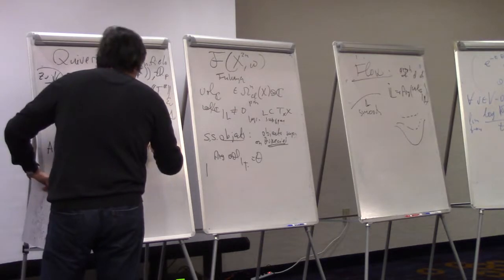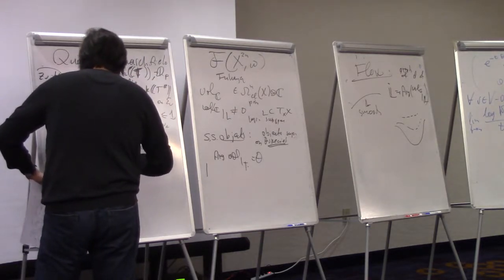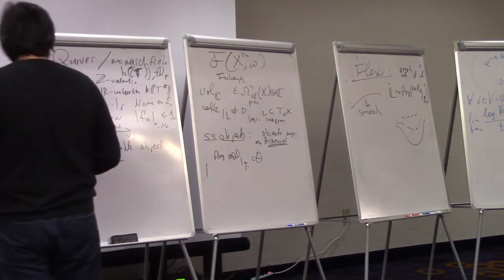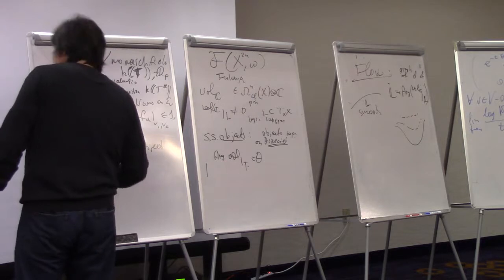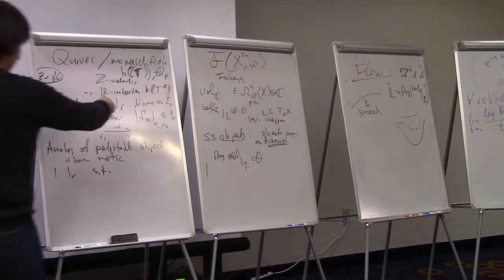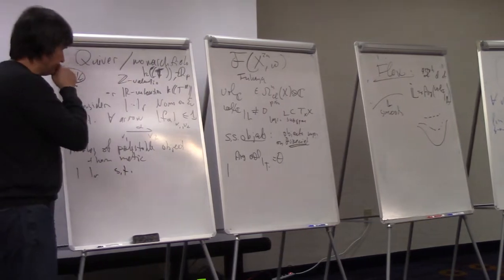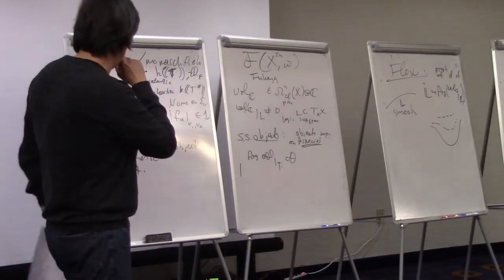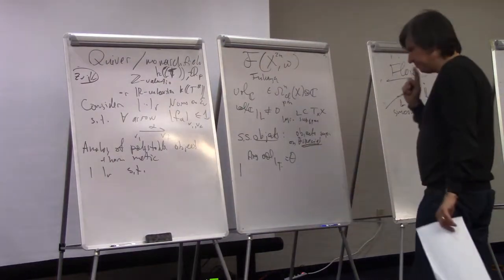Polystable object plus harmonic metric. The metric will be the following. It's such a collection of norms, such that if you have norms, then you can make